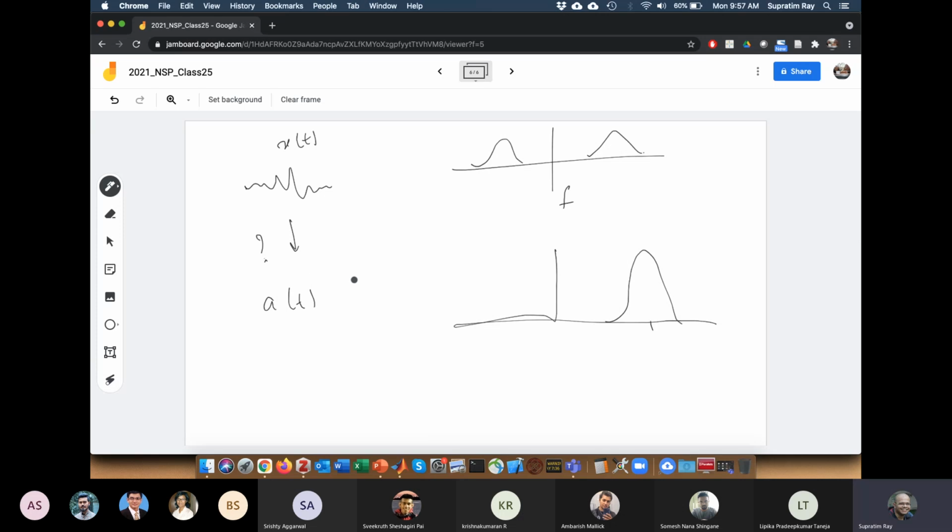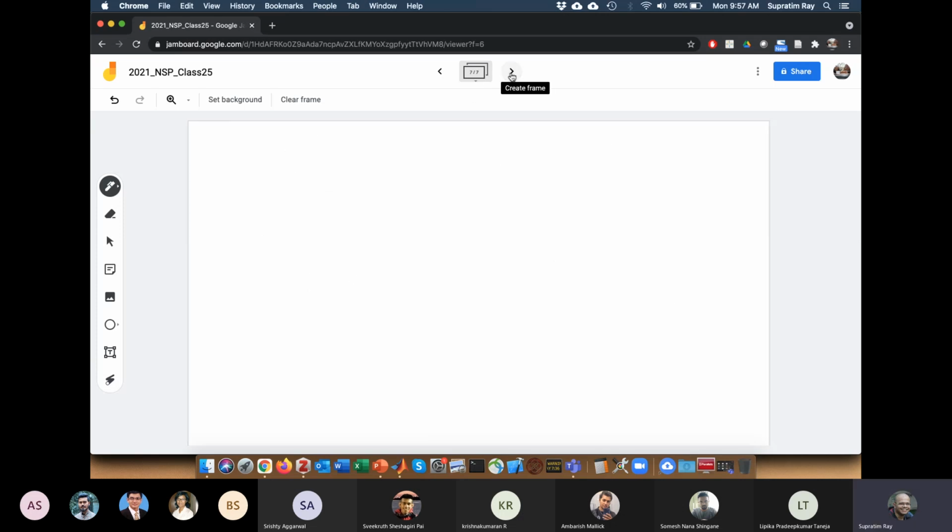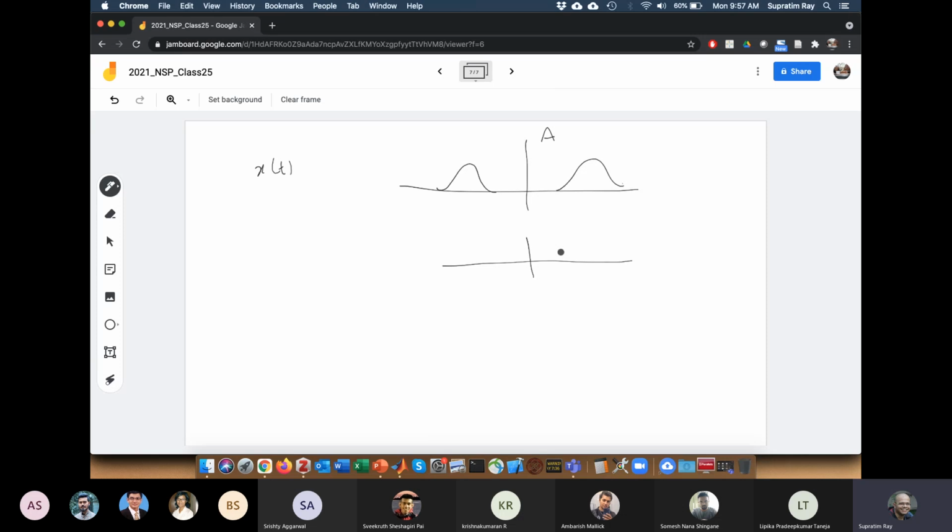Now here's an idea. I take x(t) and in the frequency domain, the amplitude is symmetric. This is the amplitude, and the phase is anti-symmetric. So whatever the phase is here, it's the opposite here. Now suppose I do something to the signal. So I take h of x(t). I've done something to the signal